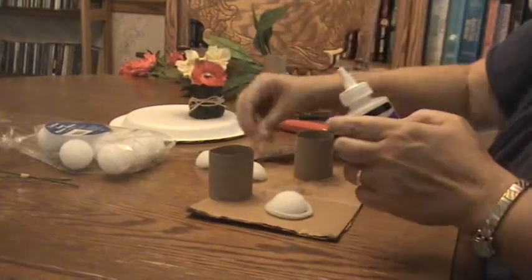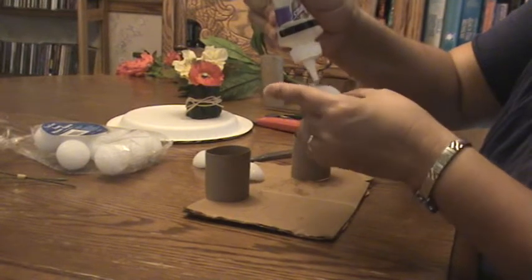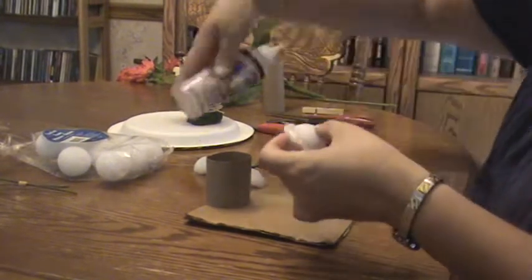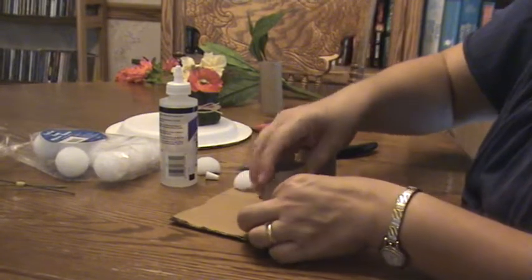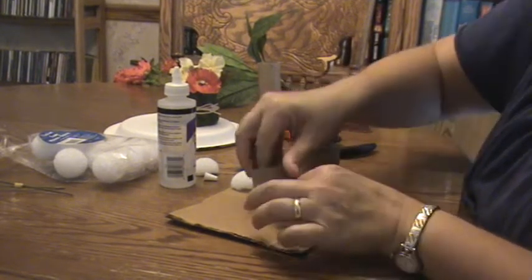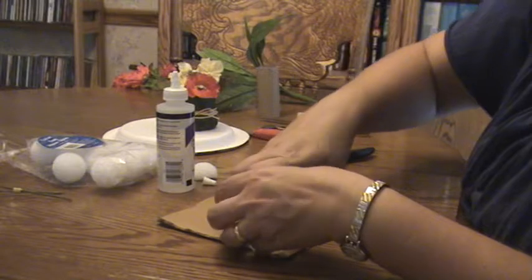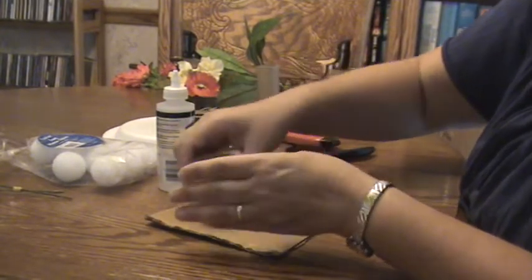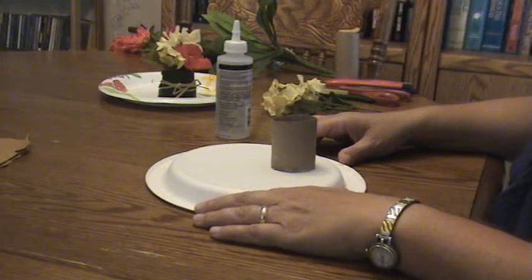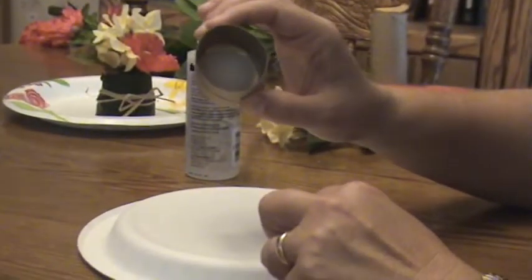So I'm just going to take some tacky glue and put glue on the outside of the pipe cleaner. And then pop that into the base. I'm just pushing that down as far as it'll go. Okay, now we'll let that dry. Okay, so now that we have the half a styrofoam ball firmly glued into the base of the cardboard cylinder,